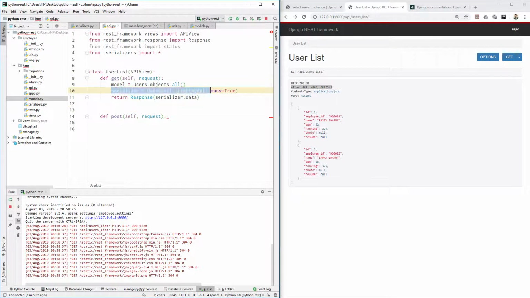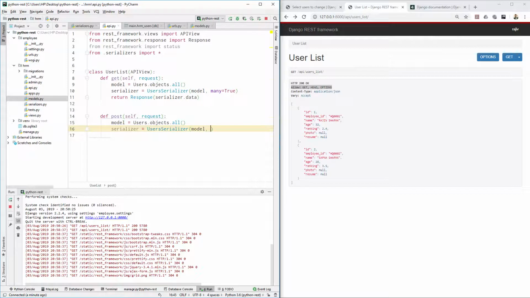So we can just copy this, and this is for post. Basically, when we are creating a new object, that time we need a post, right? So then we need the model. The model is the same model, copy here. Perfect. So instead of providing this argument like many equals true, here we want to provide just